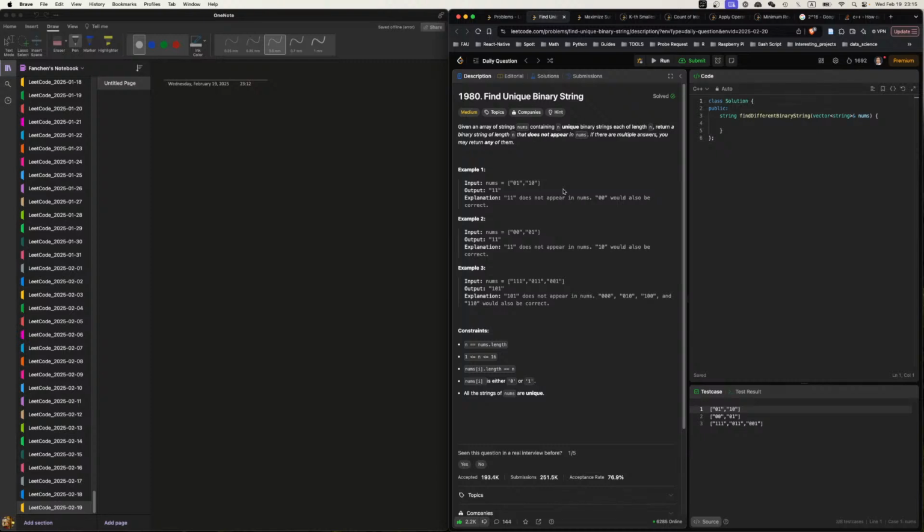Just start from 1 and end at 2 to the power of n minus 1. So in this case, we start from 1 and end at 7. We go through every one, and the first one that does not exist is the answer. All we need to do is turn this into a set, and I just need to know how to convert